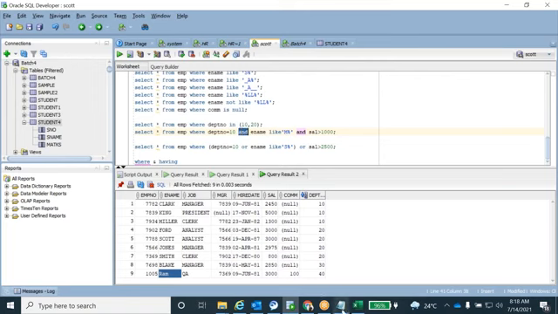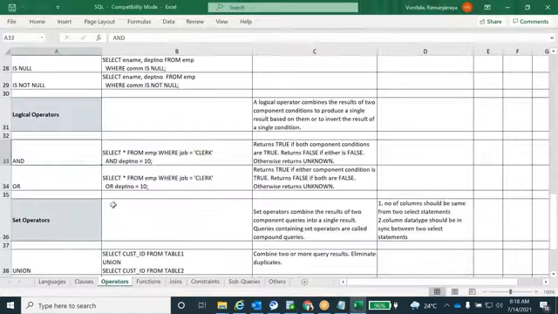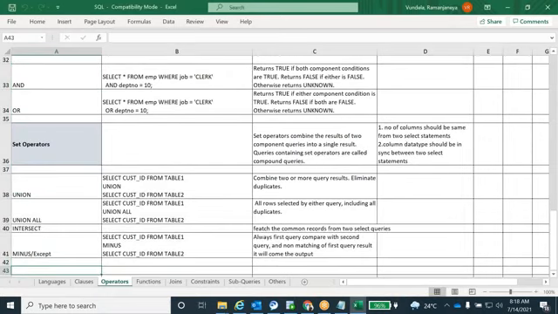Clear, right? AND, OR. Next we'll go for the set operators. This is very important, guys. From the interview point of view, they will ask more and more questions and scenarios on set operators. Even in real time we work with these set operators. So what are set operators? For example,